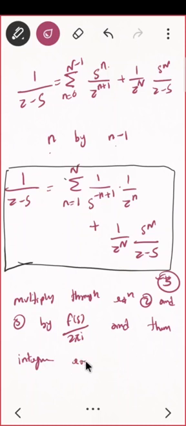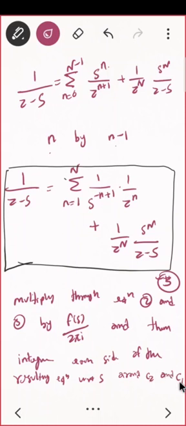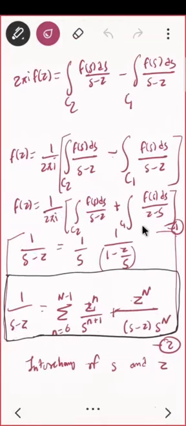Integrating each side of the resulting equation with respect to S around C2 and C1. Correct. Do you see, equation 2 is for C2 and equation 3 is for C1, I want to use respectively, and find the expression and put it in the expression 1. Whatever you got, you put that in the expression 1. What is the expression 1? That is this equation. So I'll be getting the value of this and the value of this.